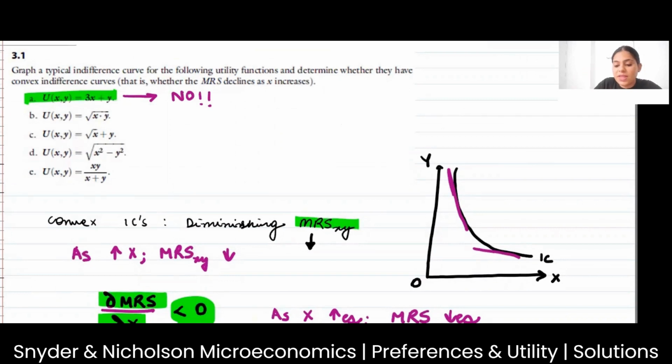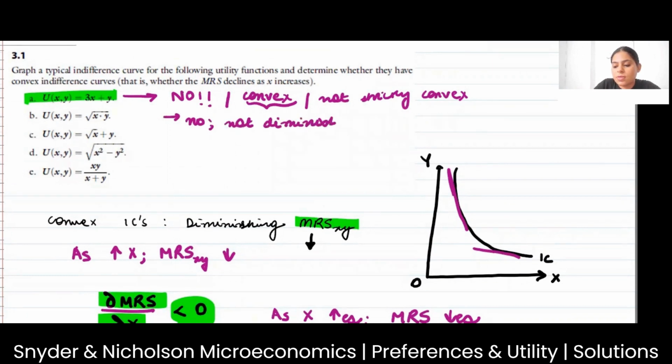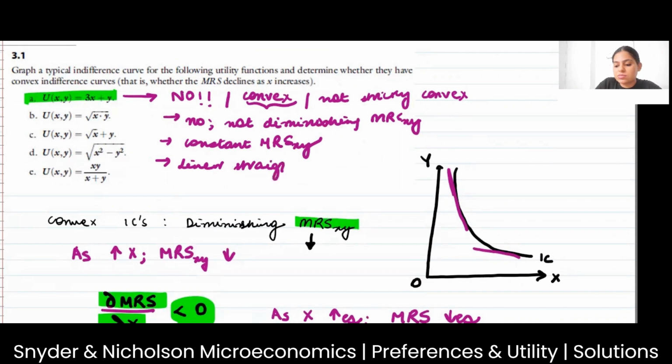Ideally speaking, mathematically, it is still convex. Maths considers equal to also convex. But we will go ahead and say that it is not strictly convex. This is what we want to check. Do we have diminishing MRS? No, not diminishing MRS. In fact, what do you have? You have constant MRS. And how is your utility function? Linear straight lines. This is your answer to part A. Is that clear? Okay,